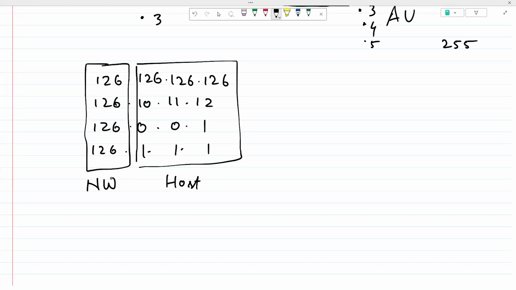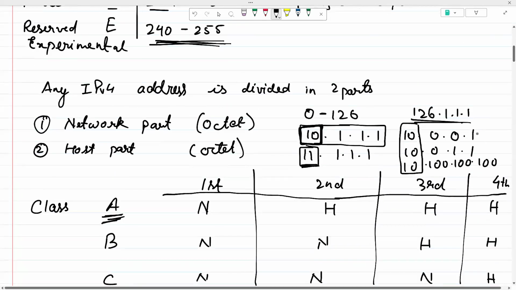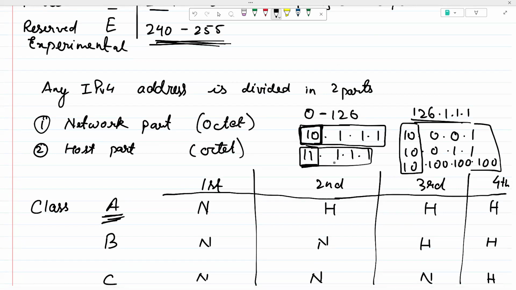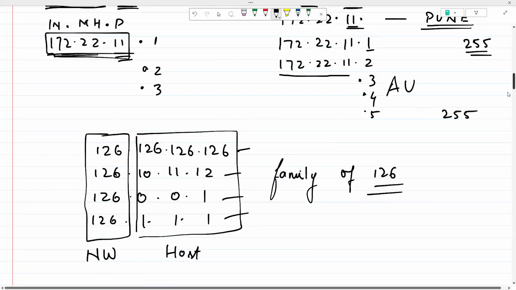Meaning that all these IP addresses belong to the same family of 126. All these IP addresses belong to the same family of 10. All these IP addresses belong to the same family of 11. So it's basically like a surname. Or, in order to give you an even better idea about this, consider